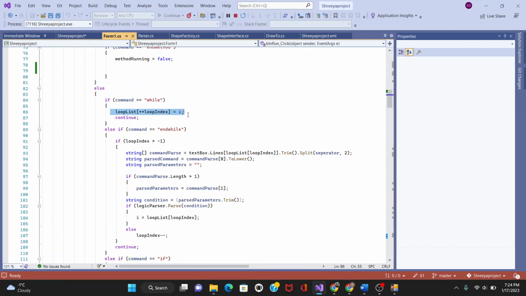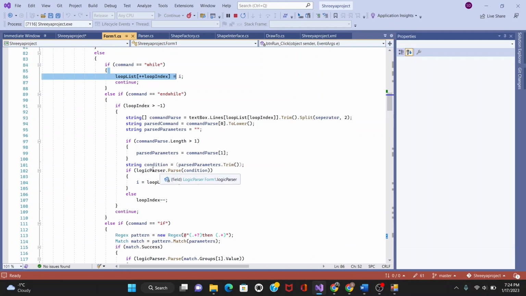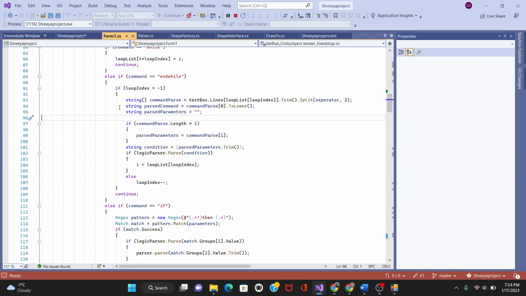This is the loop list we have created as an array. So i is the variable used for it, and in the end while, it checks for the loop index. So it goes on and checks for every string command: parse text box line, loop list, loop index, trim, split. In command parse, it checks for the length, and in this condition parse parameter it checks for the condition, and it directs towards a logic parser in the